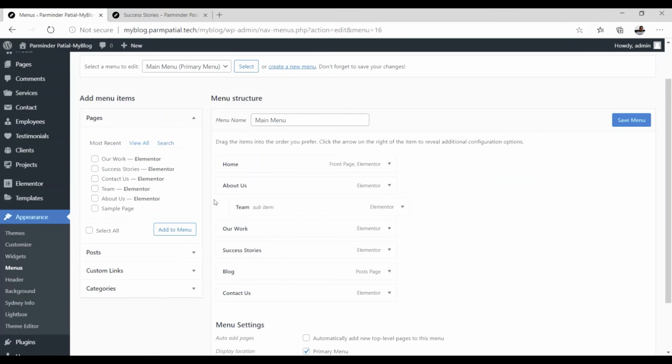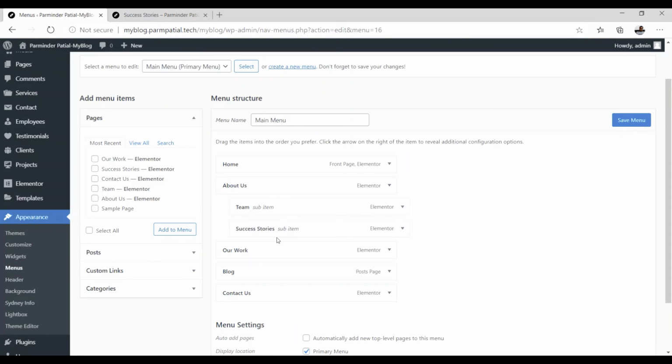So this is placed in level 2, that is, it is going to come as a sub item. Similarly, I do the same with success stories. Click on this and drag it to this location. Here it is the third level. I don't want to make it the third level, I want to make it a sub item of about us, so just drop it here.